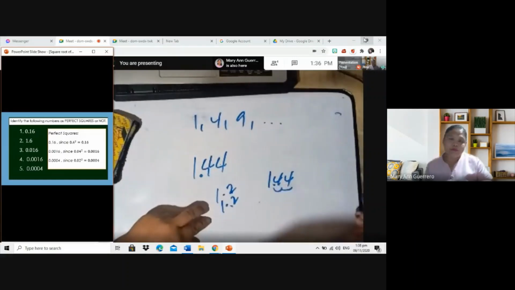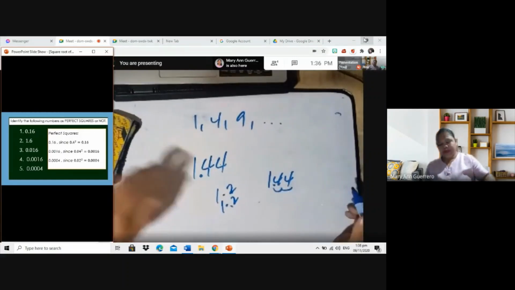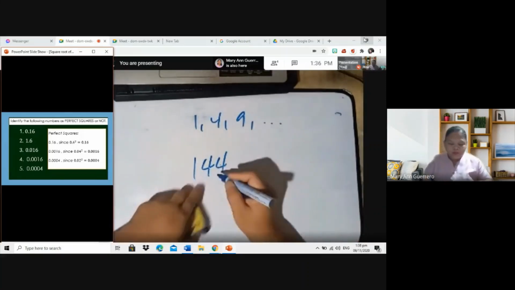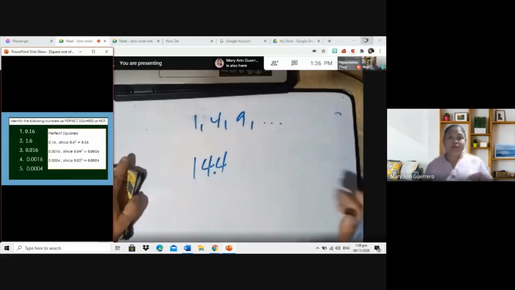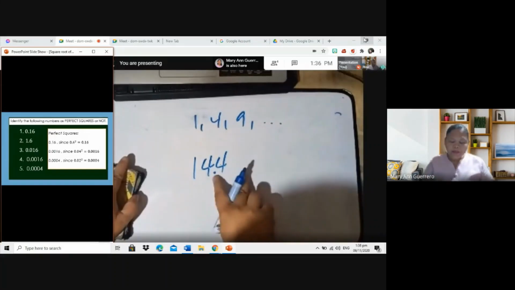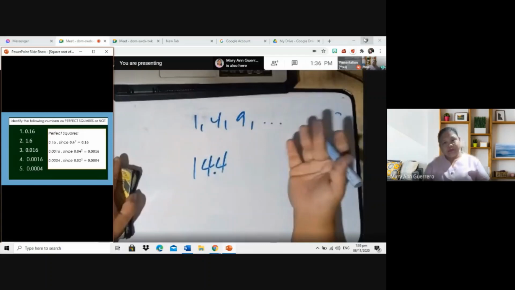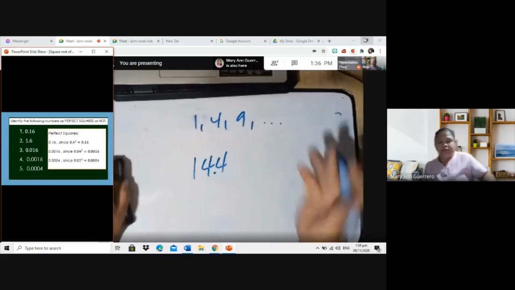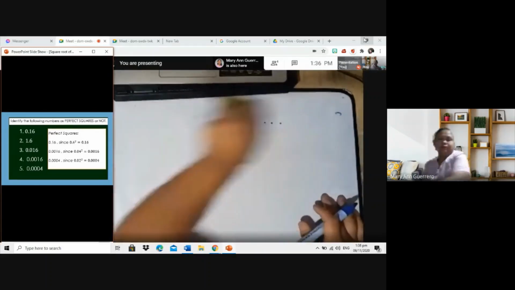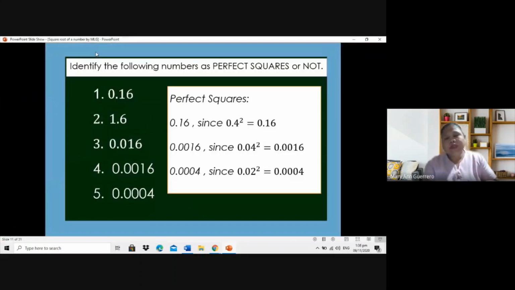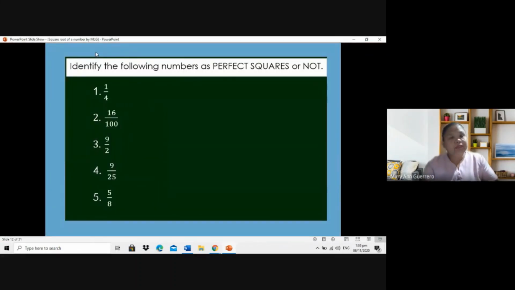Kung mangyari ang decimal point natin ay napunta rito, 1.4, 4, not perfect square na yan, kasi after the decimal point, we only have one digit. Therefore, it is not a perfect square. Okay? So, that's it. Sa fraction naman, to determine whether the number is a perfect square or not, halimbawa ito,